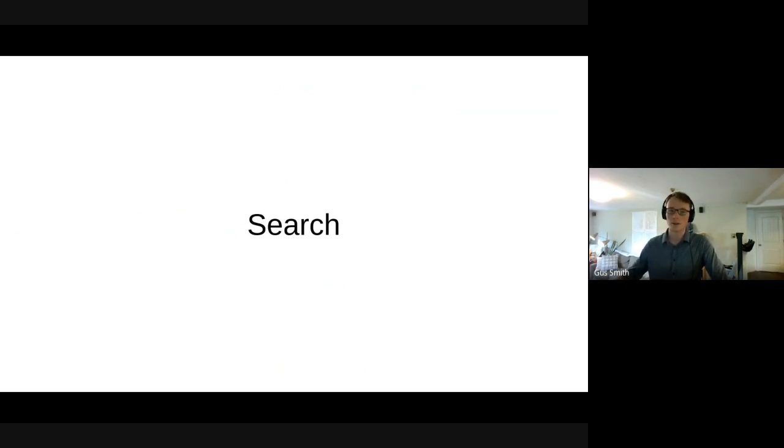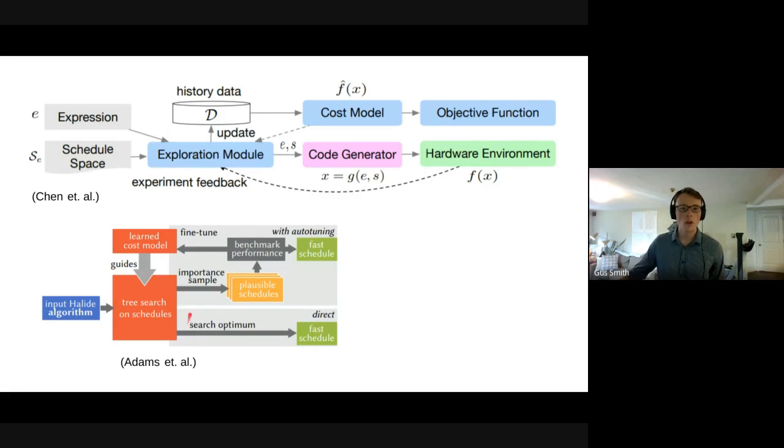Okay, great. Thank you. Okay, so let's move on to search. These figures are drawn from similar papers listed in the beginning that use cost models to do searches. Generally, there's a similar structure here.